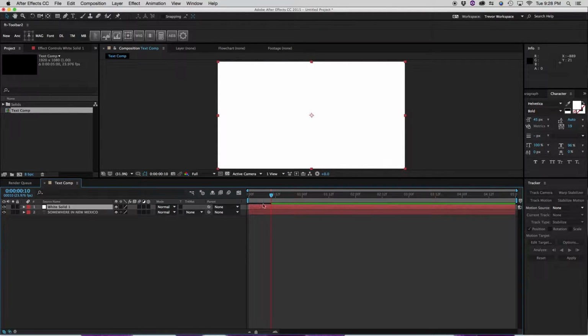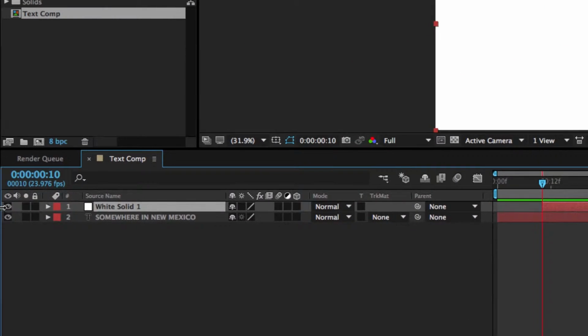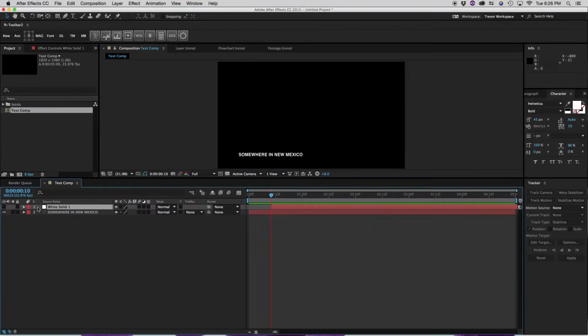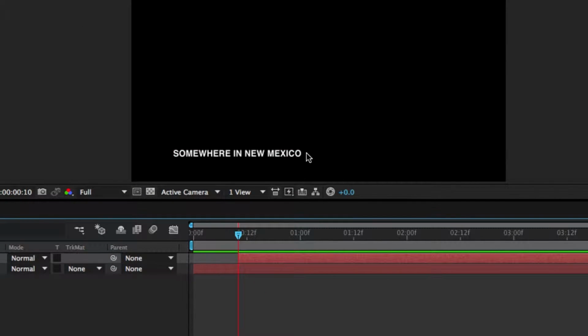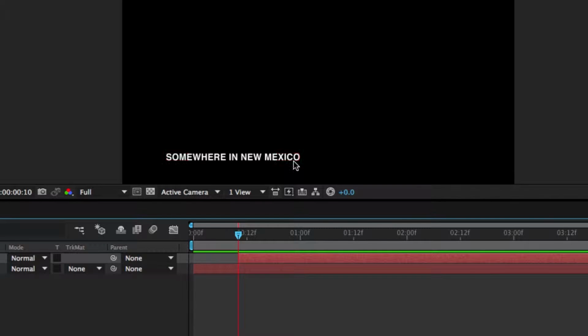And we want it to start here at the 10th frame where our animation ends. So you can either click and drag it to start there, or you can hit open bracket, and it will automatically start there. Open bracket and close bracket are start here or end here, respectively. And then we're going to disable the eye for the white layer,